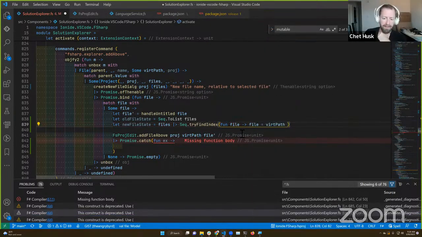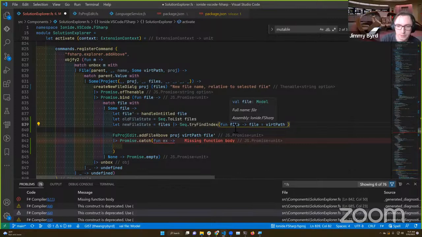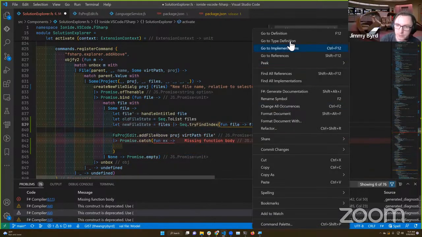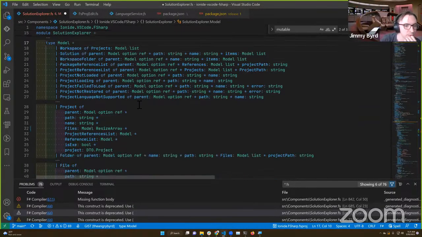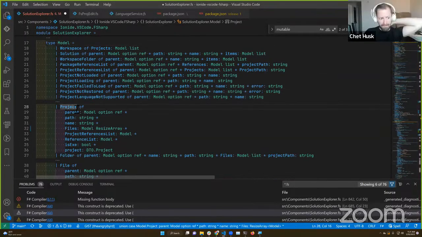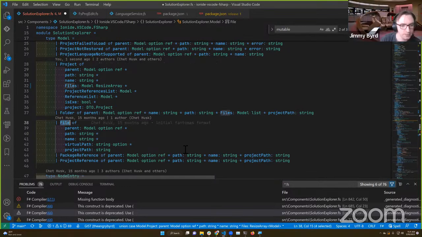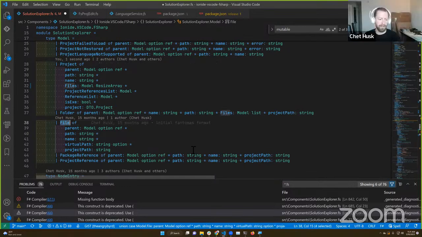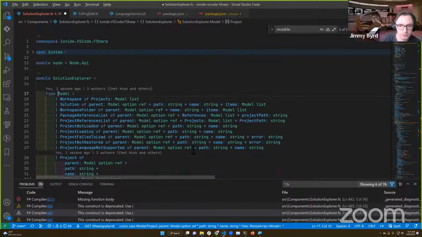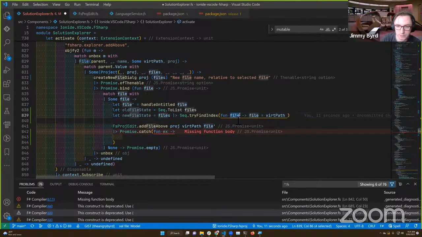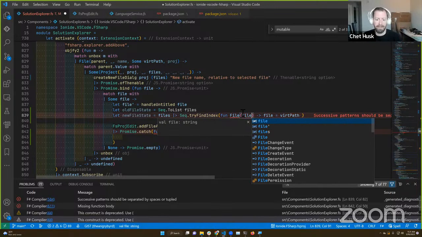I need to find what the type definition is. Things in the file list should all be files, but the way we've structured this, you don't know that, because it could be a folder as well, directly underneath a project.